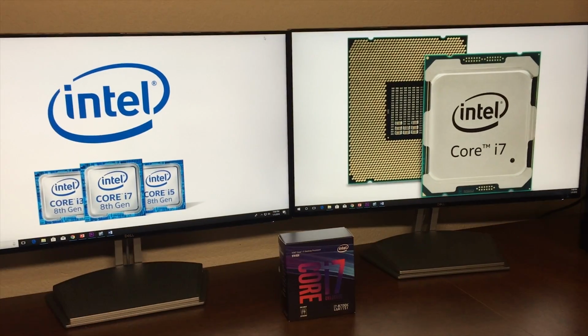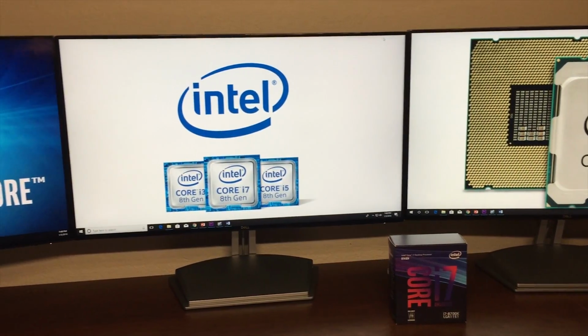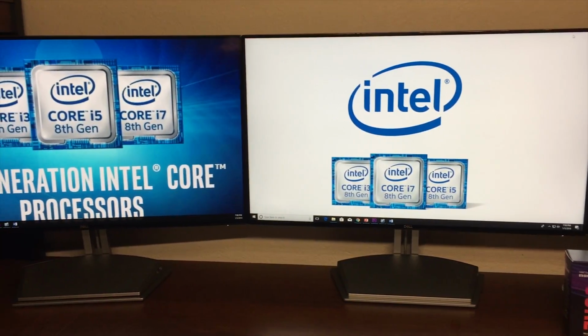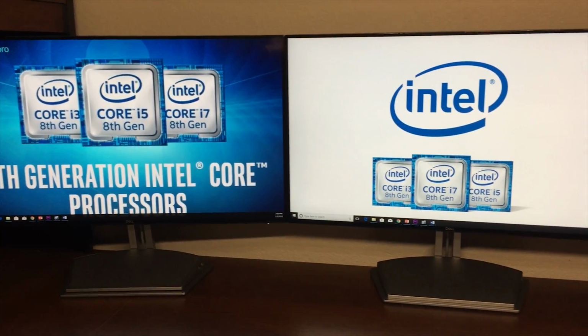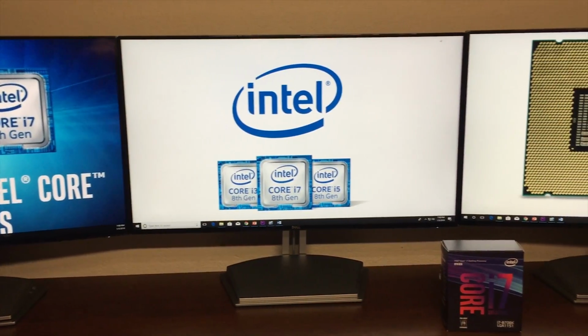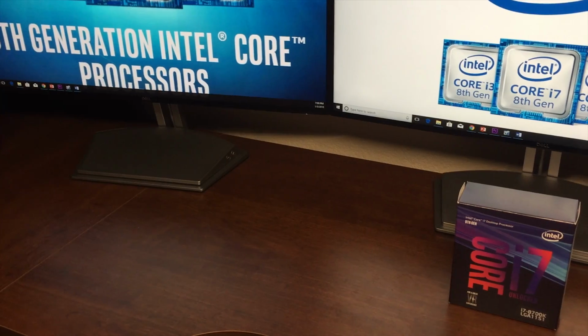However, their process still hasn't changed, and they have made yet another reiteration of the 14nm process, and they named it 14nm Plus Plus. In their i7 line, they added 2 cores, 4 threads, which effectively increased their core count by 50%. This is definitely a significant upgrade on paper, but is that upgrade able to relate to much superior